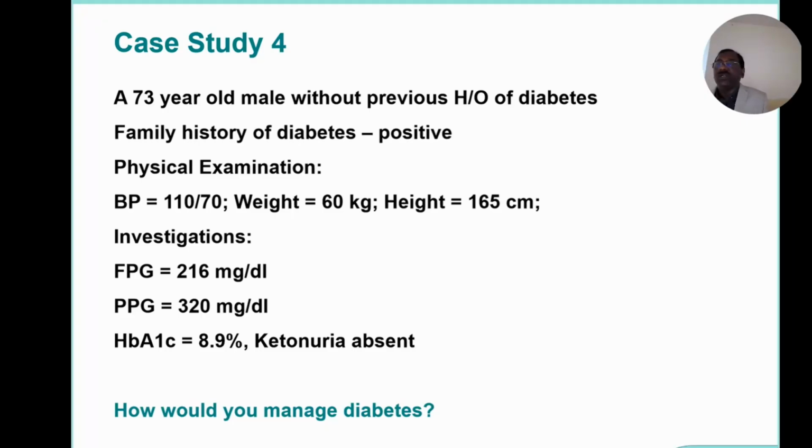Okay. What about pioglitazone? No, carcinoma bladder, elderly, male. So why should you use pioglitazone? No, contraindicated. What about voglibose? No, not only the postprandial. Here see the fasting, very high, 216, almost more than double. So there is no role of voglibose at this juncture. Voglibose role is there when fasting is 100 and postprandial is 240. Only isolated postprandial hyperglycemia, you can add it.